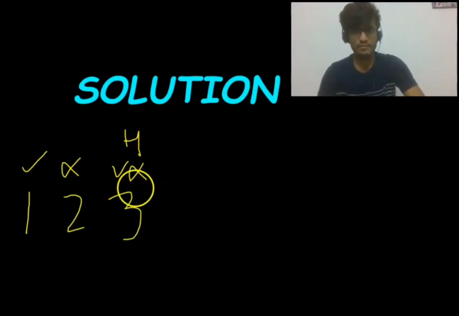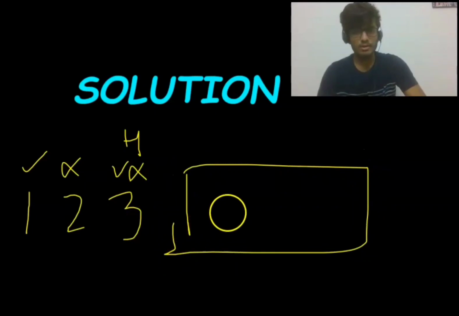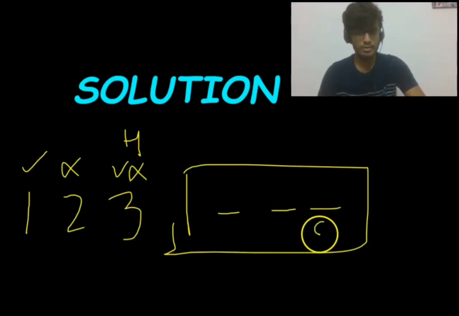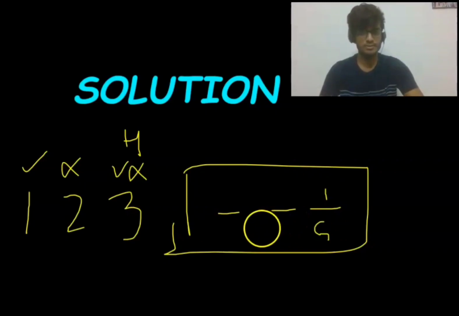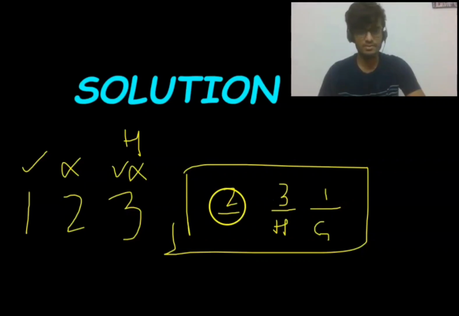So we now have 2 bulbs which are in off state, but one is cool and the other one is heated. So when we enter the room, we'll see 3 bulbs. Only one of them will be glowing. So we can say that it belongs to the first switch. And out of the 2 remaining ones, one will be heated up, so it will belong to the third switch, and the last one will belong to the second switch. So this was the solution.